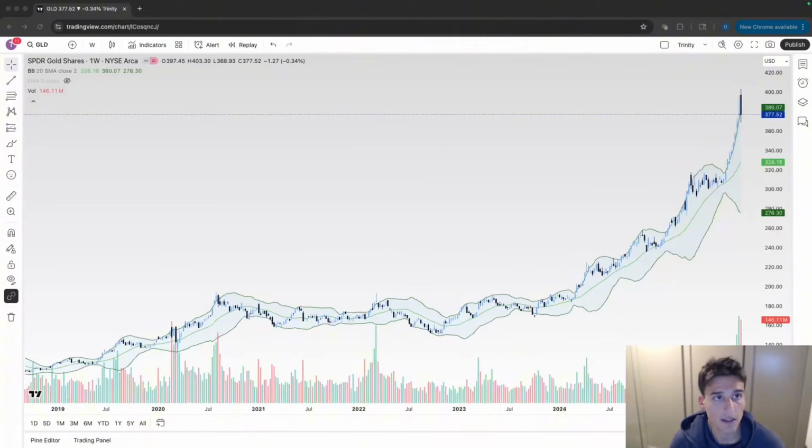Okay, so this is the GLD ETF. It's the ETF that tracks gold prices. This is a weekly chart, going back to 2020 here. So gold basically